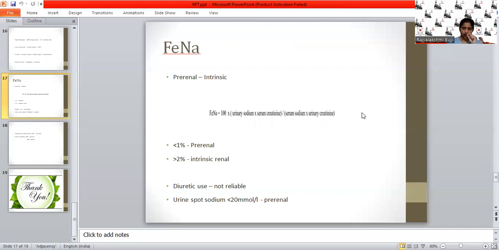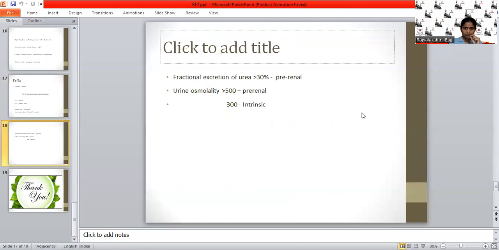If urinary spot sodium is less than 20 millimoles per liter, prerenal. Fractional excretion of urea less than 30, prerenal. Urinary osmolality more than 500, prerenal. If it is 300, it's mostly an intrinsic problem,